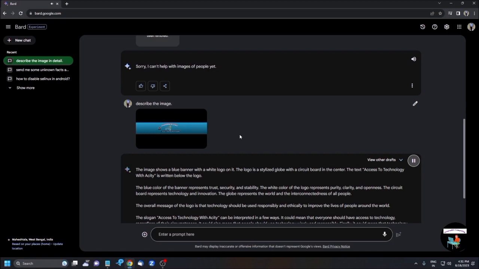The overall message of the logo is that technology should be used responsibly and ethically to improve the lives of people around the world. The slogan, Access to Technology with ACT, can be interpreted in a few ways. It could mean that everyone should have access to technology, regardless